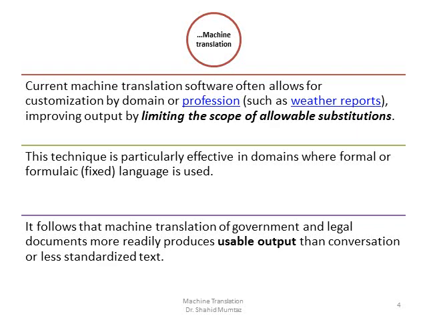And this technique is particularly effective in domains where formal or formulaic or fixed language is used.